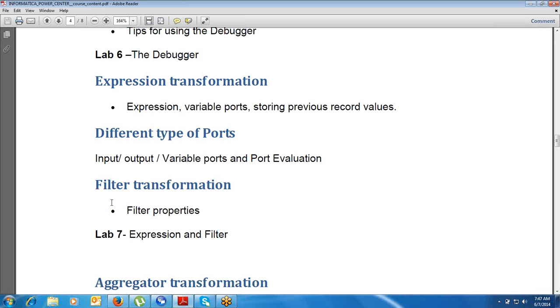So it's very easy to learn the transformations, what this transformation is all about. But when to use which type of transformation is very important, because the same operation can be performed in a different way. So which is the best possible way to implement it is very important. So basically we are going to learn over here when to use which type of transformation. Okay.